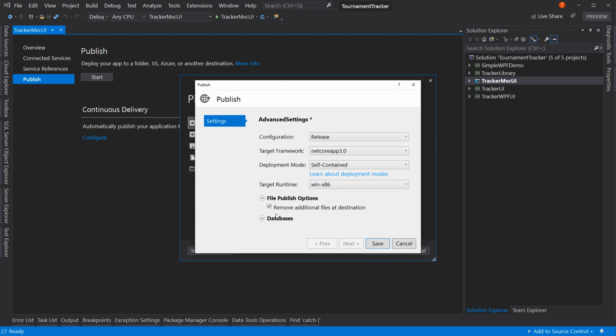It might open up some security holes, or it might even just lead to some old information still being available. By checking this box, when you go to publish, it's going to delete those files and then publish in